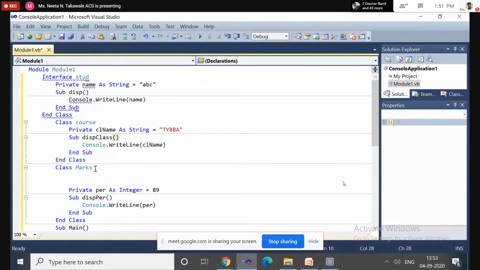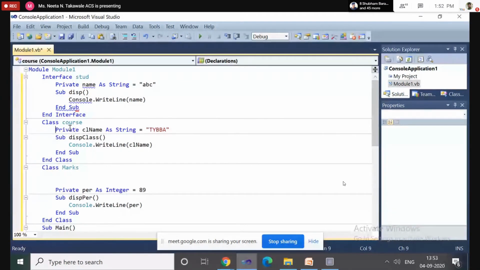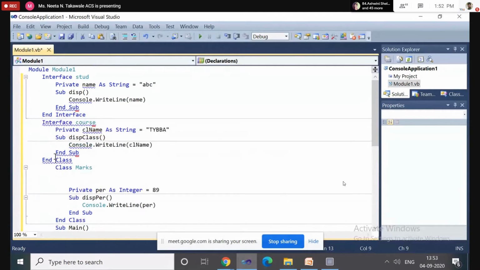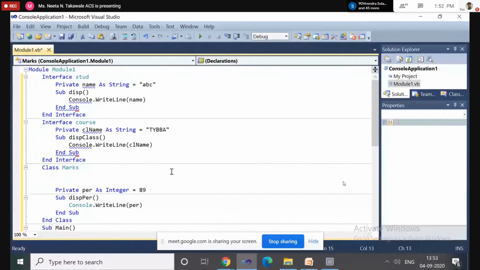Interface Student, and then the second one, Course. Each interface should end with End Interface. So declare using the interface keyword, and it should end with End Interface.